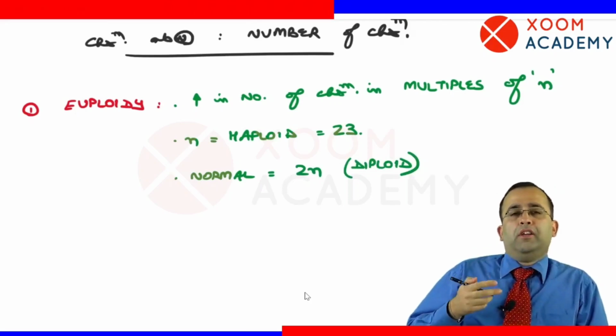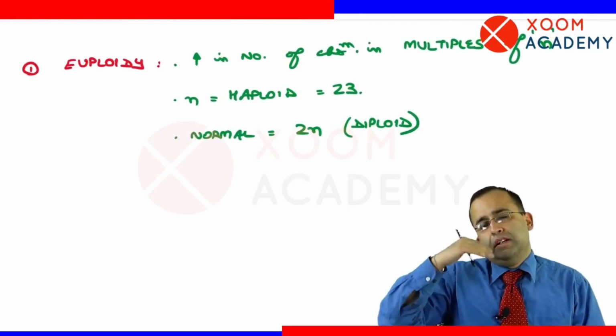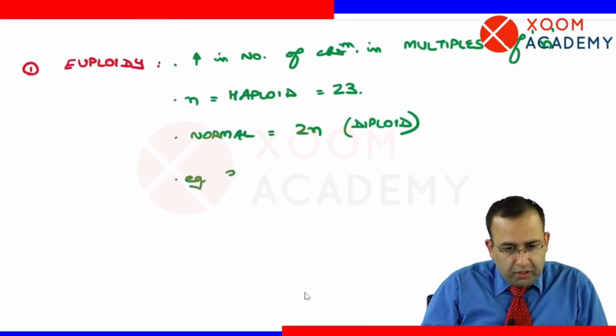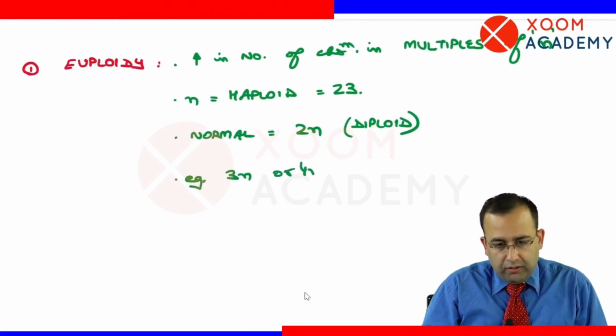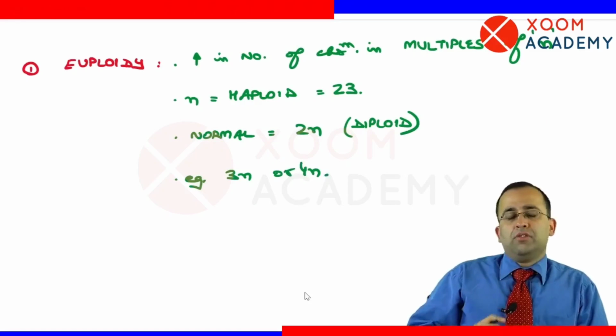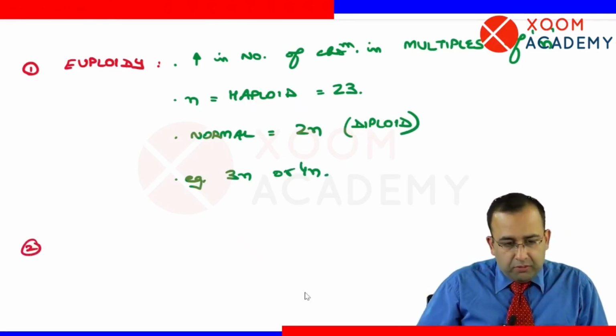So euploidy is an increase in number of chromosomes in multiples of n. Examples of euploidy are 3n or 4n. This is euploidy. Next, the next chromosomal abnormality